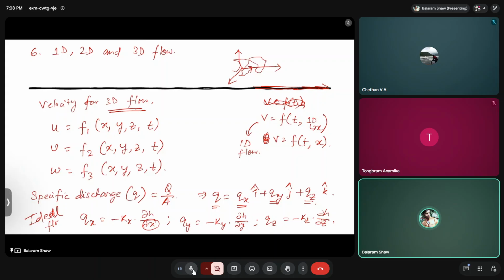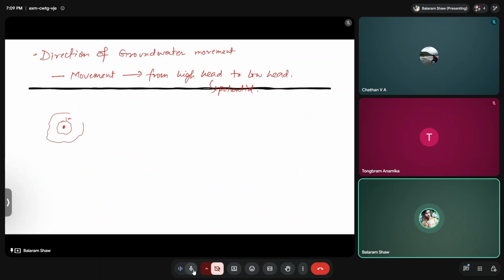So let's say if you just see the top view, it can be possible that somewhere, let's say here, we have something like this. Water table is at, let's say, 1 meter. Okay, if you go far, then the water table is at 2 meter. Okay, somewhere like this is maybe 3 meter, and so on. Okay, so we can create contours of the water table,